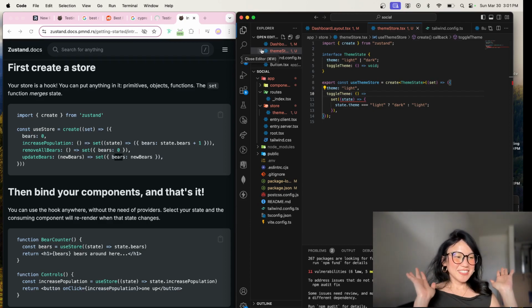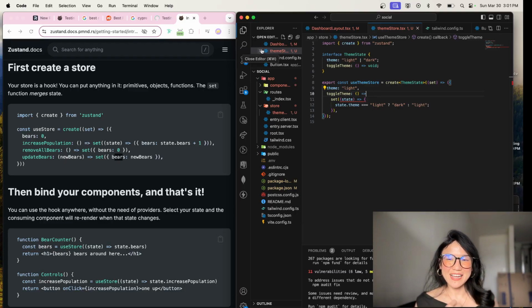Yeah, okay. Sorry, let's go back to this. Okay, so in this toggle theme function,